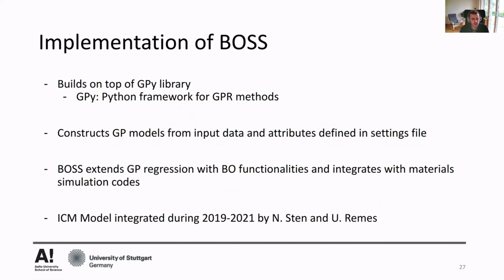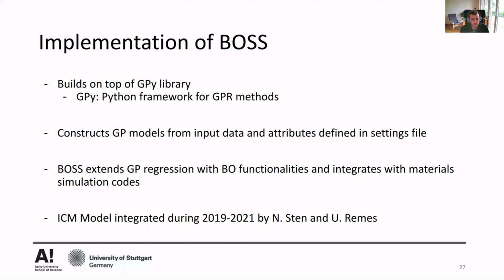So first of all, a couple more words about BOSS itself. BOSS builds on top of the GPy library, which is a Python library that can be seen as a framework for Gaussian process regression, which also supports more advanced methods such as noisy Gaussian processes or sparse and also multitask models. So what BOSS does is it constructs Gaussian process models by using input data